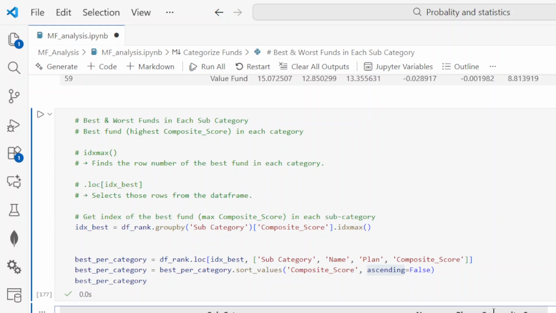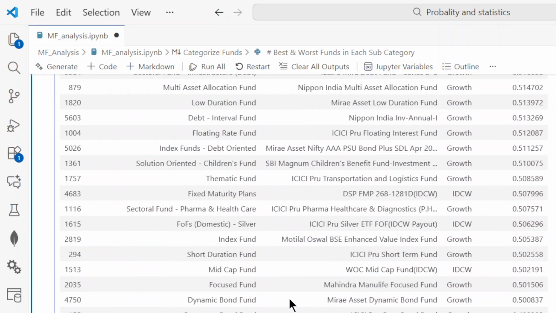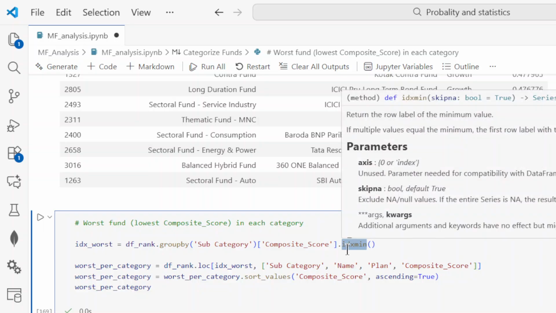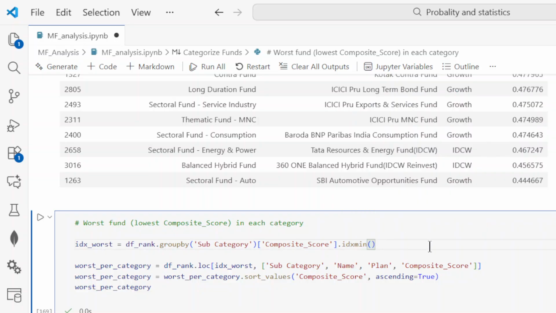It has the highest composite score, and this is the best mutual fund under the category liquid fund. If I want to check the worst fund, the same process, but we use idxmin, so that it gives me the minimum value from the grouping of the composite score.